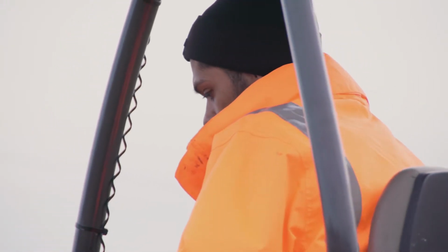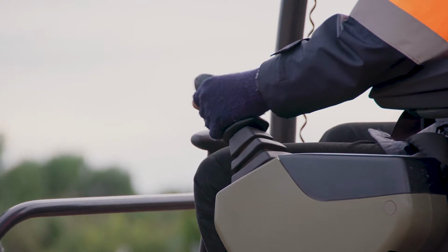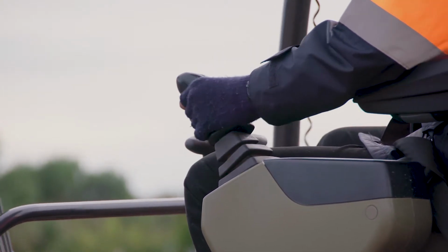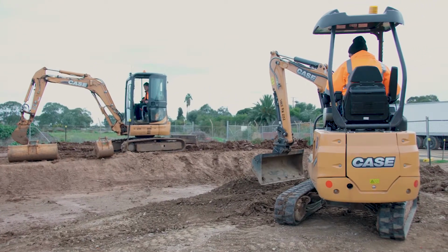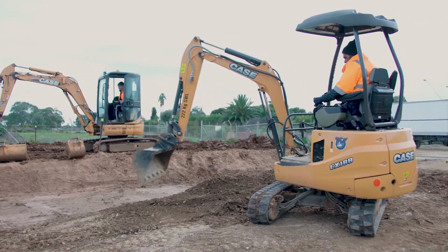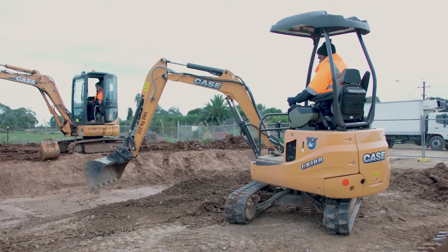I chose Case machines because of the reliability. We need turnkey stuff here. We've got clients coming in, the machinery's got to go every time. The size of the cabs is also a factor as well. Cost obviously comes into it, but they seem to always have looked after me